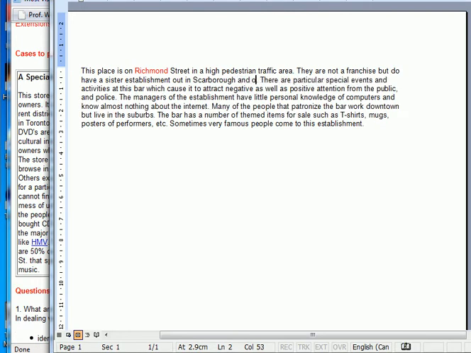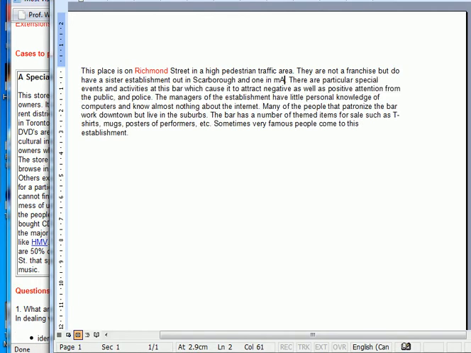And one in Markham. So you can put in additional points based upon what you might know in real life or what you think would help make your case exciting.